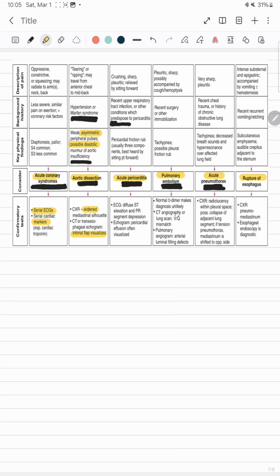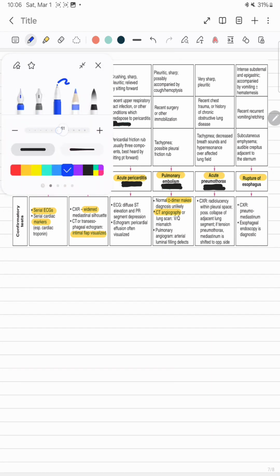Another life-threatening cause is pulmonary embolism. The clinical history profile we have already discussed, like pleuritic sharp pain accompanied by cough, hemoptysis, and in the background history the patient will give recent surgery or other immobilization. On clinical examination, tachypnea and pleural friction rub will be there. A normal D-dimer excludes the diagnosis. A high D-dimer confirmed with CT angiography or VQ scan will be the definitive diagnosis. On pulmonary angiogram, arterial luminal filling defects will be seen. The gold standard test to confirm is CTPA. CTPA will be the gold standard diagnostic test for